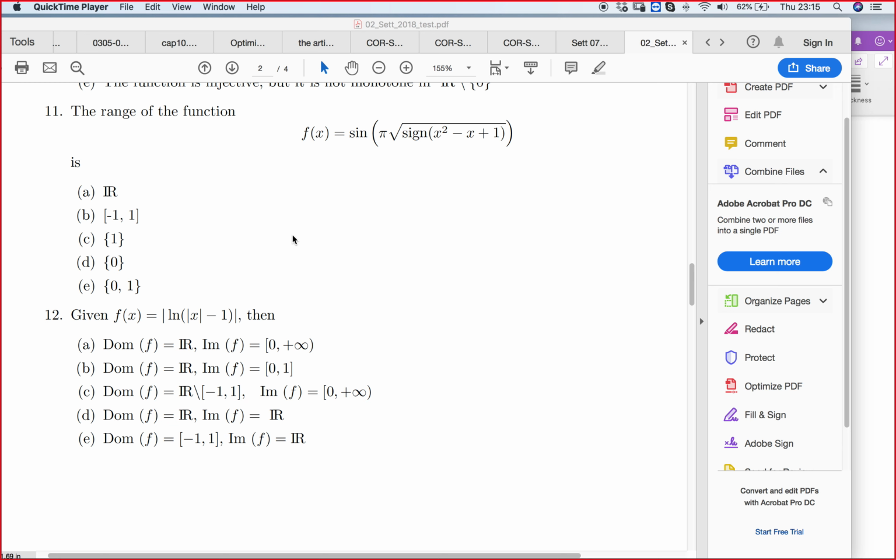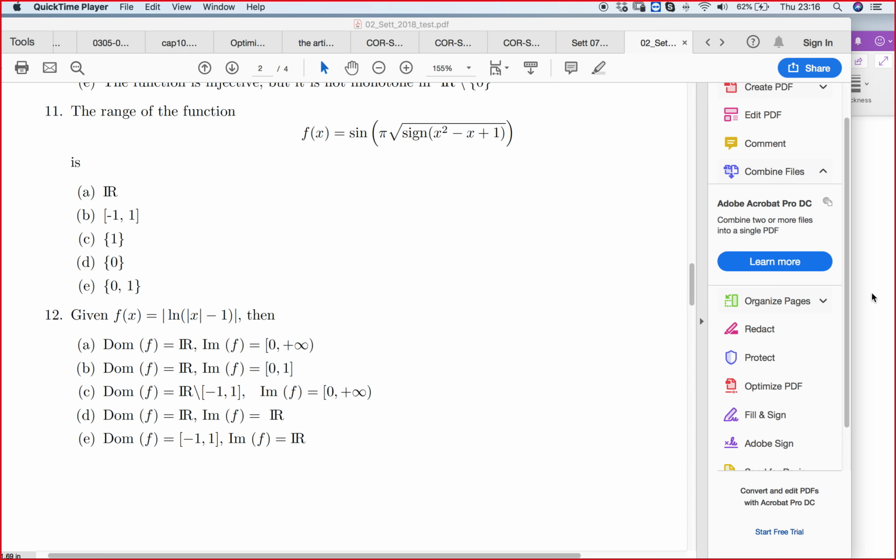Hey guys, in the previous lecture we solved this MCQ until question number 11. Now we start by question number 11 and we continue. So the range of the function f of x equal to sine of pi times the root of the secant of x squared minus x plus 1 is,